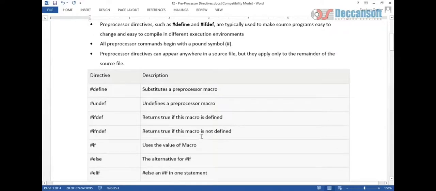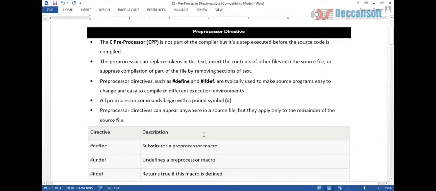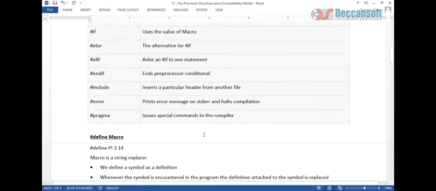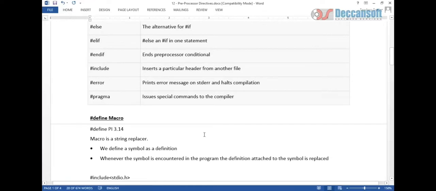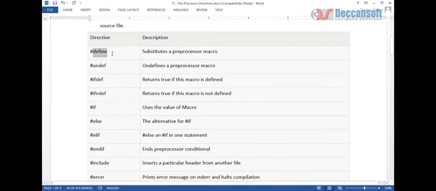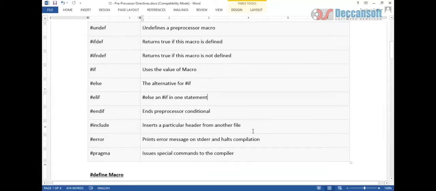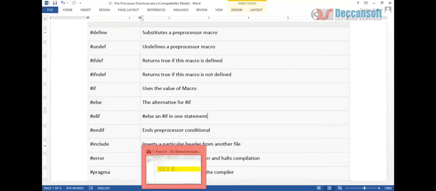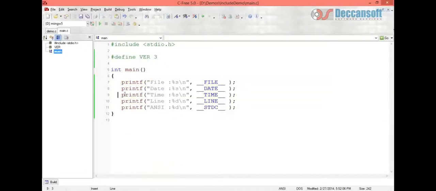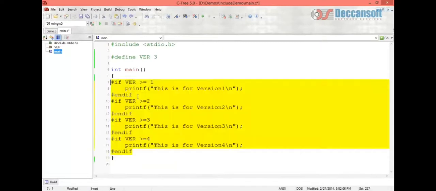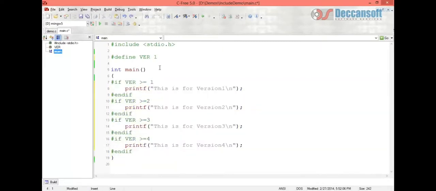So before going further, let's see what the function of a preprocessor directive is, how it works with replacing values and working with macros. These were the conditional compilation used for the value of a macro, whether it is defined or not defined. That is for the alternative. Similarly, here we have #endif for ending the conditional block. So let's take another look with another example.